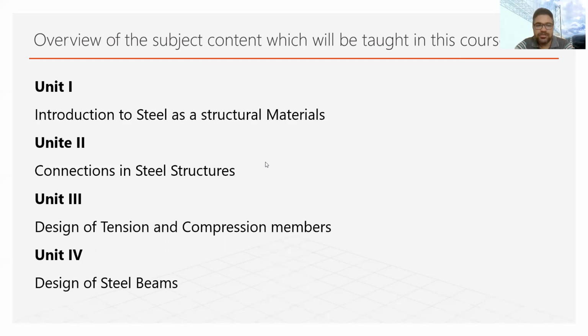Then in unit 4, we will design steel beams. We will see the concept of steel beams as laterally supported and unsupported, which mainly depends on the provision of restraints that is being provided to them. We will design beams considering various criteria such as deflections, web crippling, web buckling. We will also have a brief introduction with the types of various steel beams used in the industry.